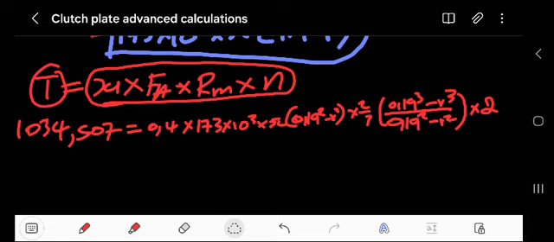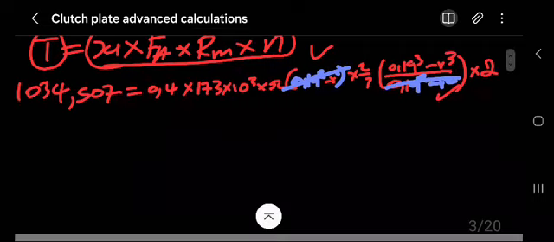I want you to check something. This 0.19 squared minus r squared. Also here we have 0.19 squared minus r squared. Also here this is the same. We're multiplying this, and this will cancel nicely. This will cancel with this. This will cancel there nicely, as you can see. So if that cancels, we'll be left with